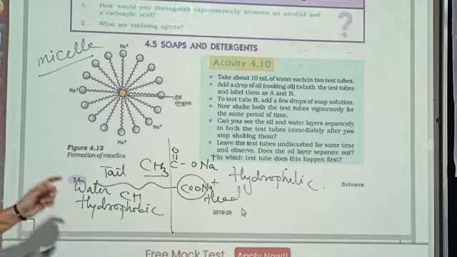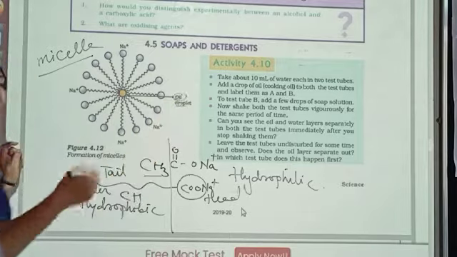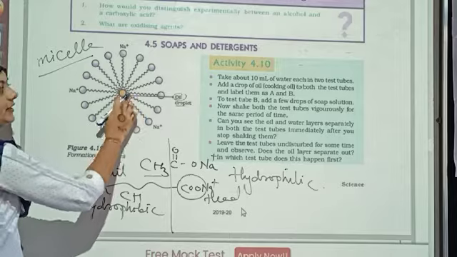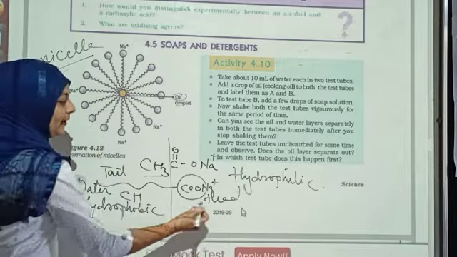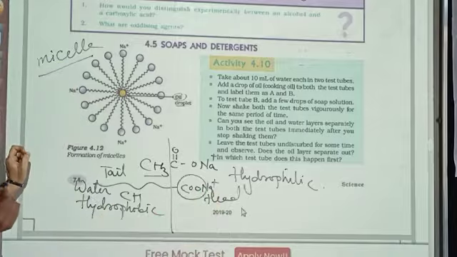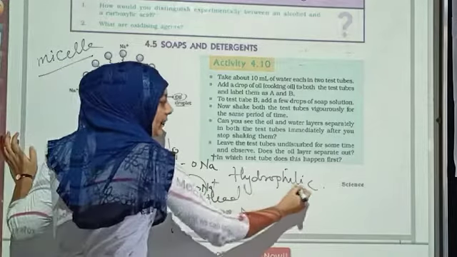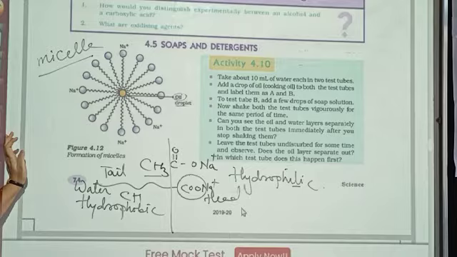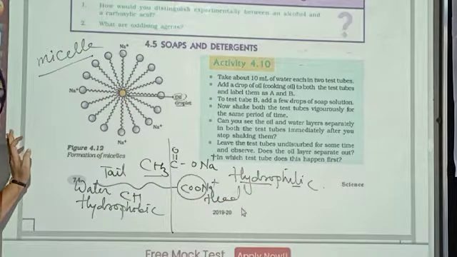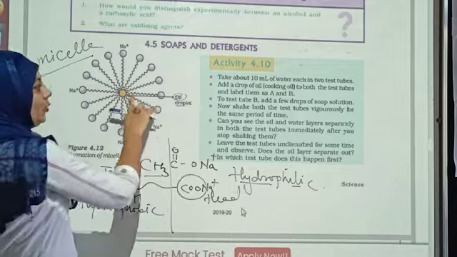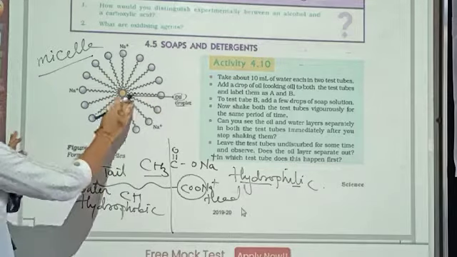Water is water. This particular part is water hating. उसको water अच्छा नहीं लगता. उसको कौन अच्छा लगता है? Oil, grease, dirt. Means this long chain will dissolve oil, grease, dust particle, and the outer part, that is hydrophilic, is coming over here. So remember, water loving. This part is water loving. Hydro means water, and philic means loving. Water loving. So this water attached together means what?